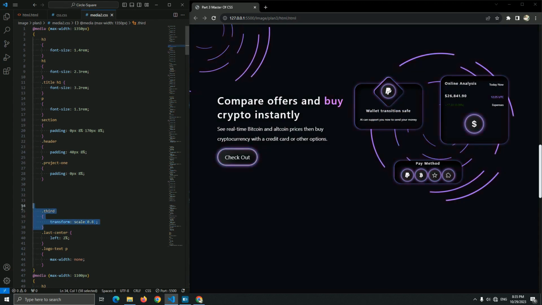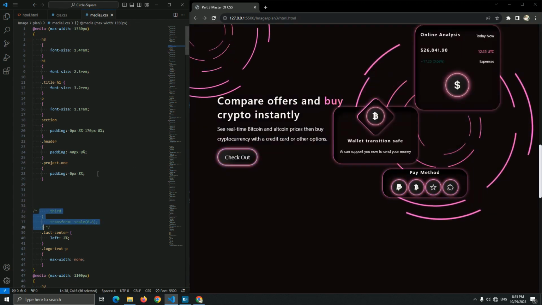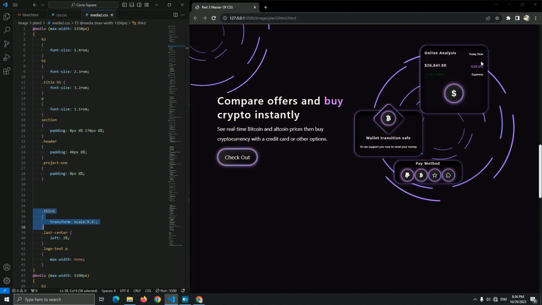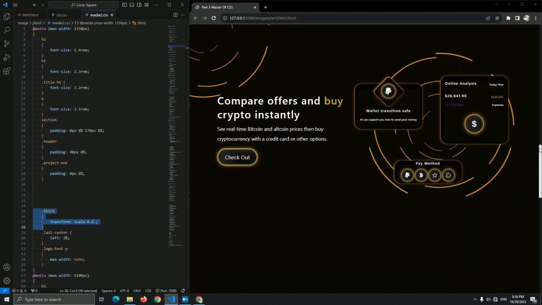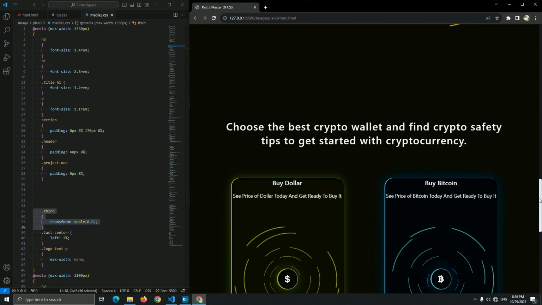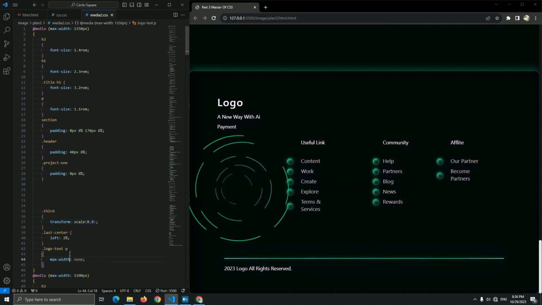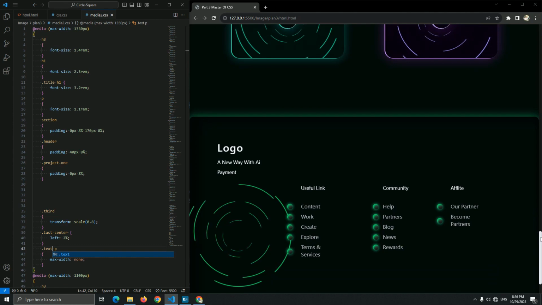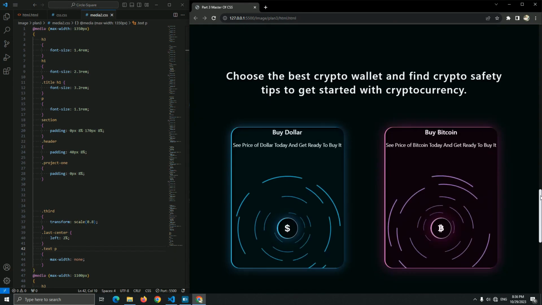And if I just remove this, you're gonna see what happened right now. Yes, as you can see, it's gonna be big. But if I just use a scale, it just resizes with a box, as you can see. And this is the last center. I just add a left 2% to be here, guys. Okay, and the logo text on this text here, I think, yeah, I think now it's better.